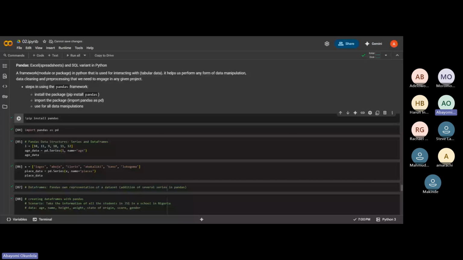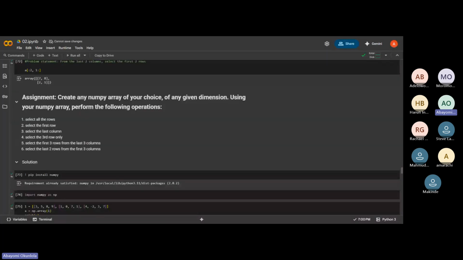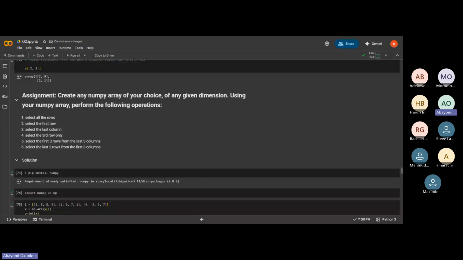So I believe we were able to have a walkthrough on our assignments, and I must confess we were all done right. So how many of us were able to tackle the assignments where we were asked to create a NumPy array of your choice of any given dimension using your NumPy array, and then you perform the 6 operations listed below? So how many of us were able to tackle that?